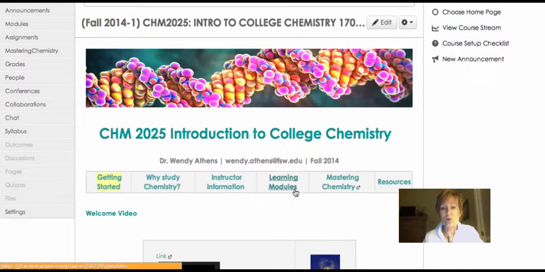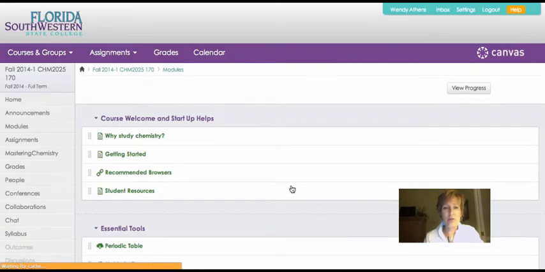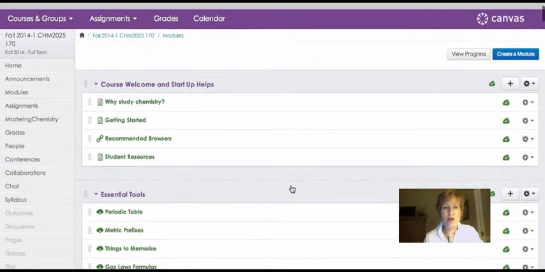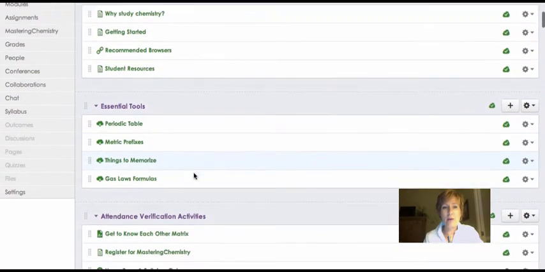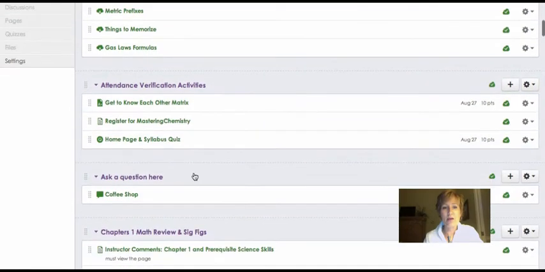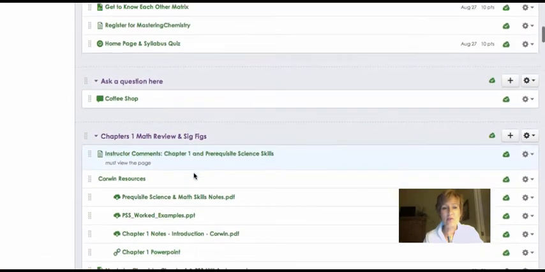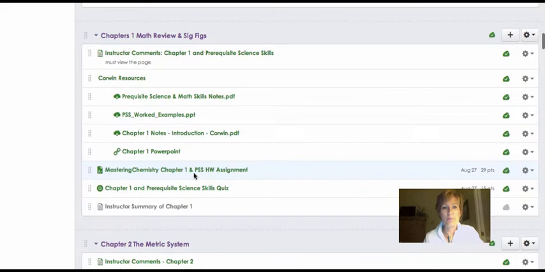Learning modules, that's the core way this course is developed. Let me click on that. The way I want you to proceed through this course is to do it on a module basis. So on the left navigation you'd hit modules, or there on the home page you could hit modules. And we're going to go top to bottom through the course. Alright, and as such, let me just look at the first module.